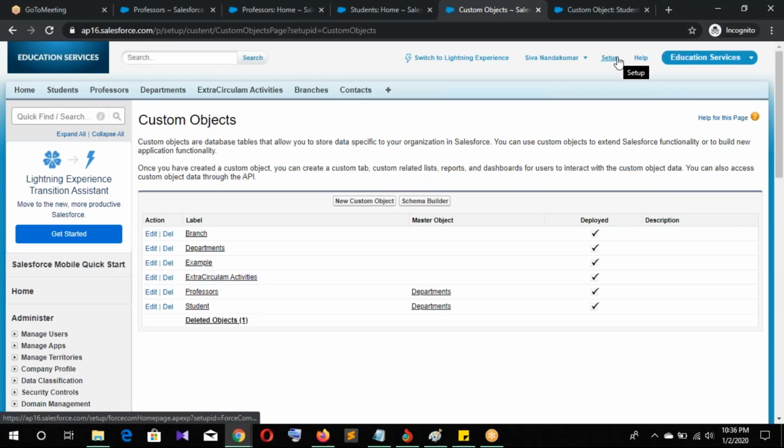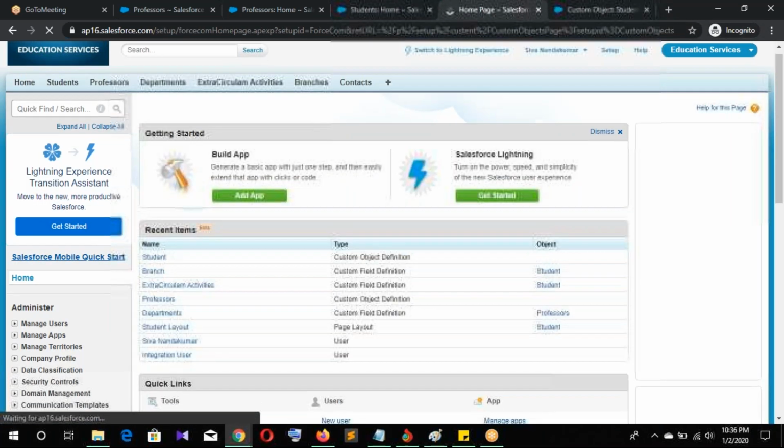I created the one custom object. How to create it? Setup, same thing.